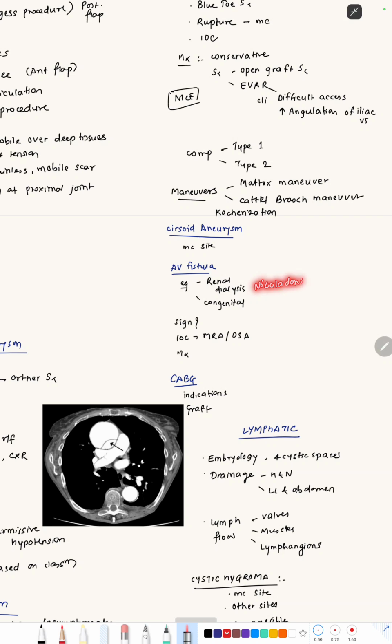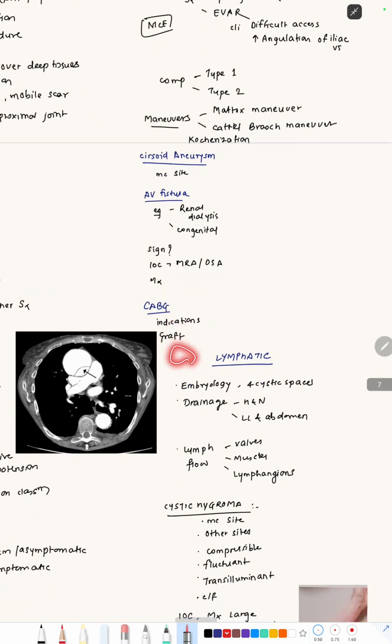This means that if we press on the feeding vessel, the size of the fistula will decrease, the pulse rate will decrease, the bruit will decrease, and the pulse pressure will be normalized. The only thing that increases is the systolic blood pressure. Imaging investigation of choice is MR angiography. Digital subtraction angiography is done only when intervention is planned. Management in this condition is embolization,